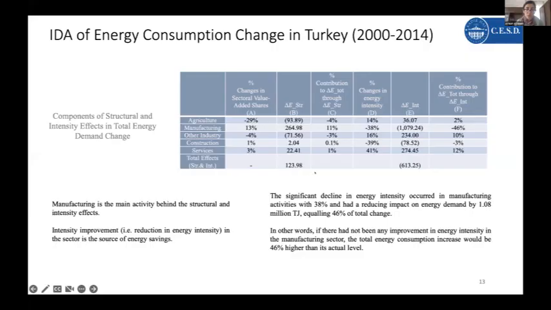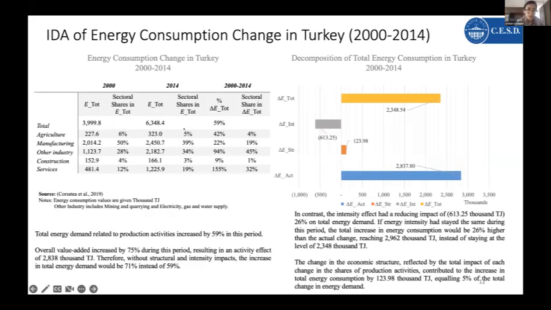So may I open the slide again? Because I couldn't catch the... You mean this part? No, one slide before. This one. Yes. The 4% in the total energy consumption. And that 4% is quite small because most of the construction industries use the products of manufacturing industries or other industries. How can you really decouple them?